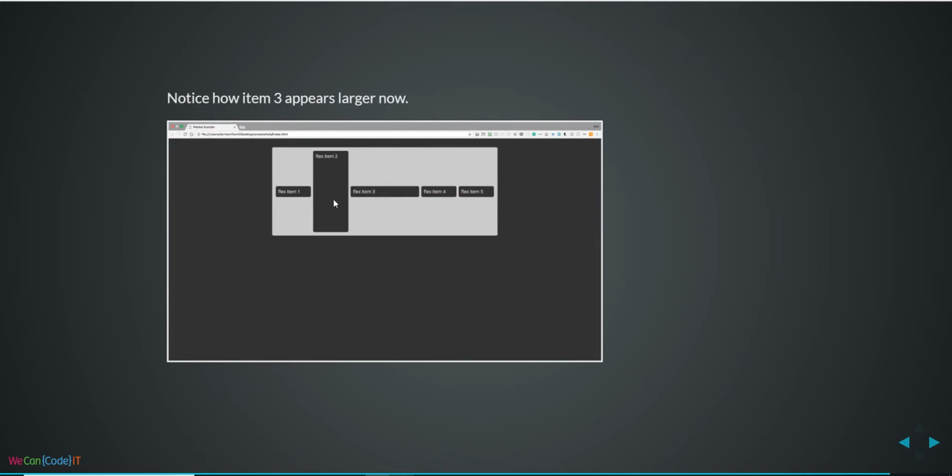So notice now there is less of this extra space inside of the other 4 elements, and there is 5 times as much inside of flex item 3. So just to clarify that,